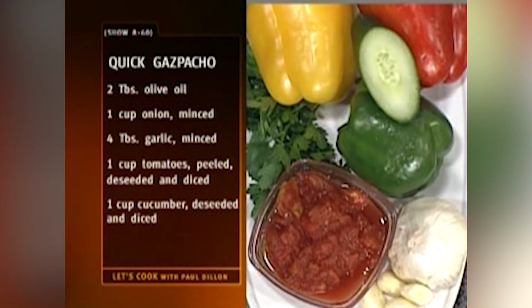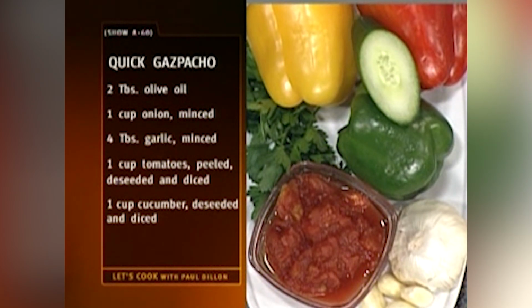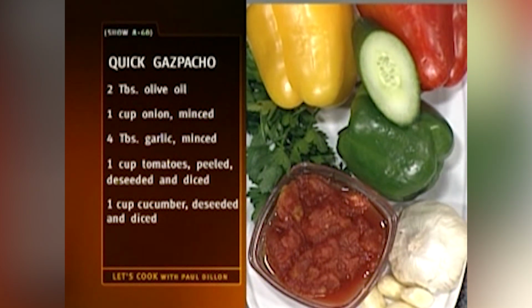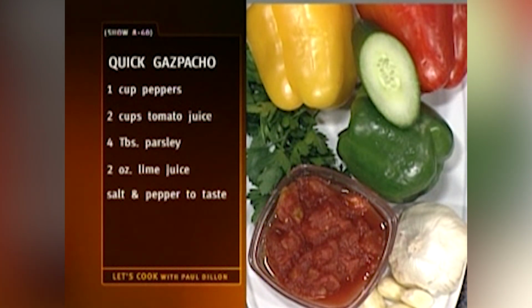But the first thing we're going to make is the gazpacho. So let's just look at the ingredients that we have right here to go into gazpacho. We're using some olive oil, onion, garlic, tomatoes, cucumbers, and we're also going to be using some peppers, tomato juice, parsley, lime juice for the acid balance, and of course salt and pepper